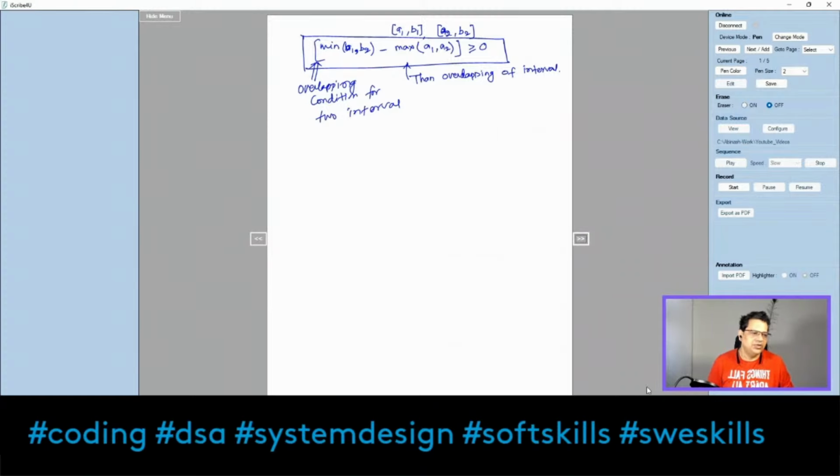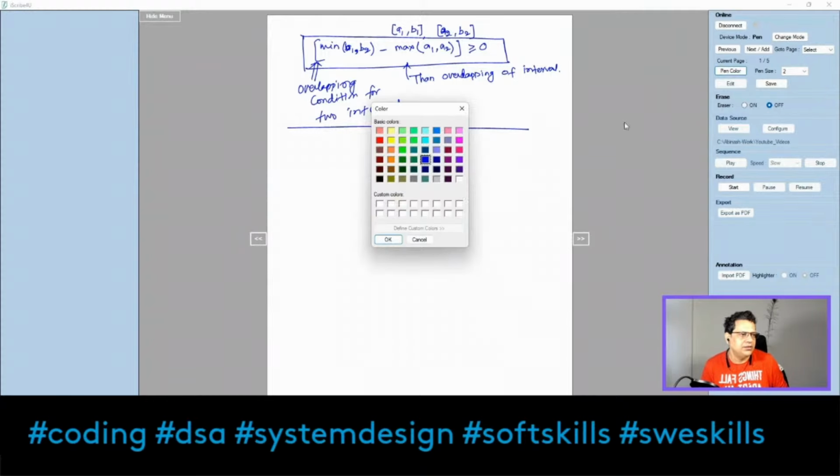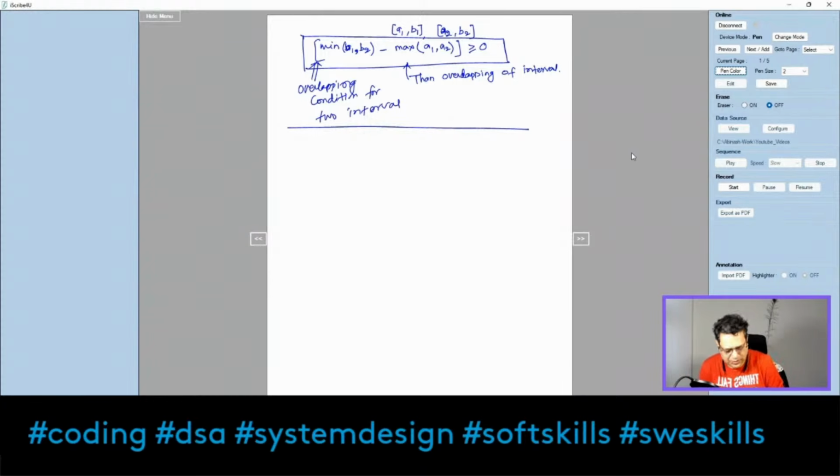Okay, let's move to the next problem now. The next sub-problem is how to merge two overlapping intervals. Let's write the second problem. My second problem here is how to merge these two intervals. So in this case, like